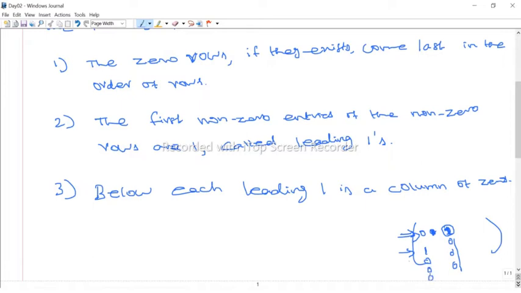Again, suppose you are scanning the third row and you get some non-zero entry here, maybe some elements may be here, that is not a problem. But below the diagonal should be 0. Sorry, below the leading entry should be 0. That is the third one. So below each leading one is a column of zeros. Thus, okay, erase this one.